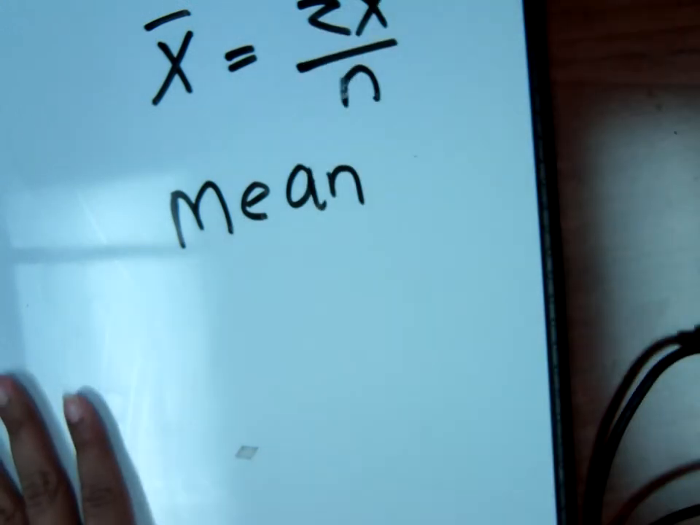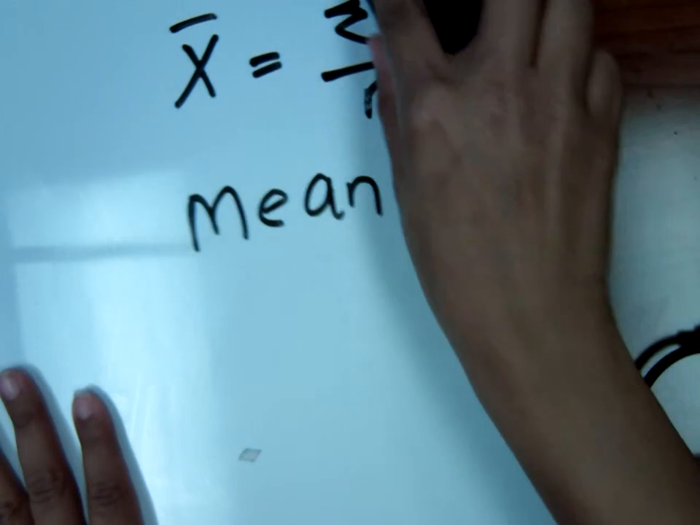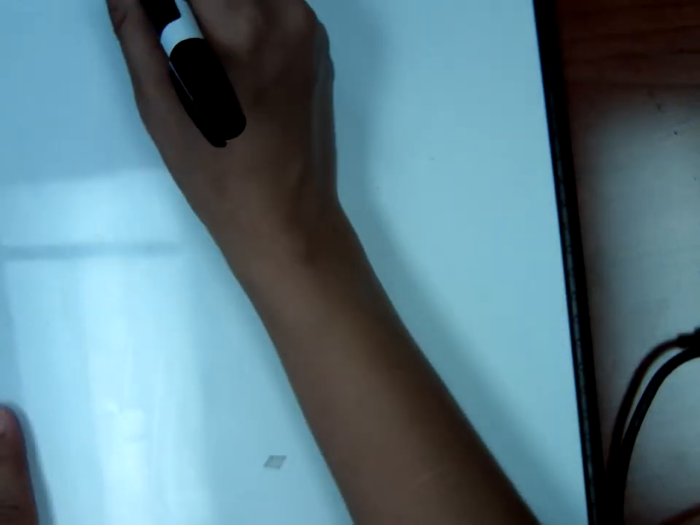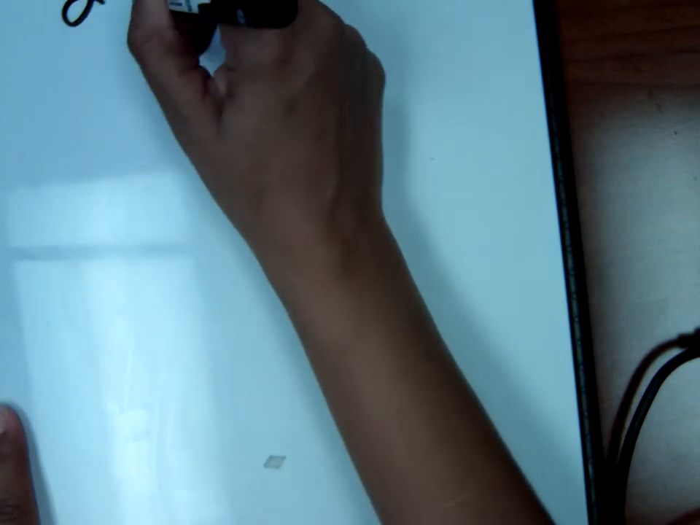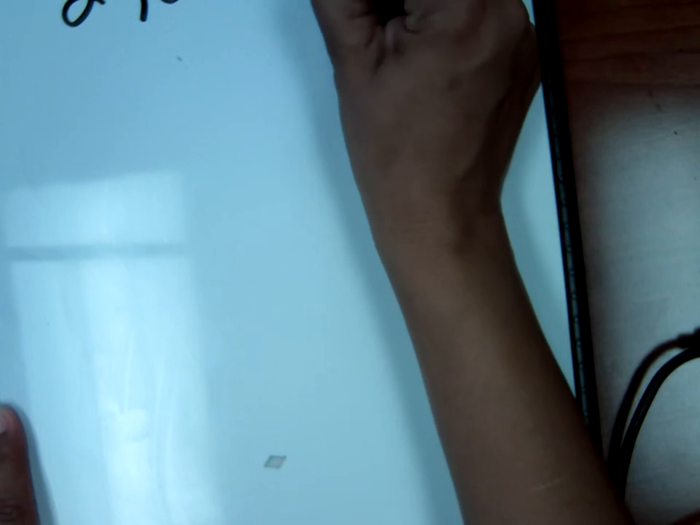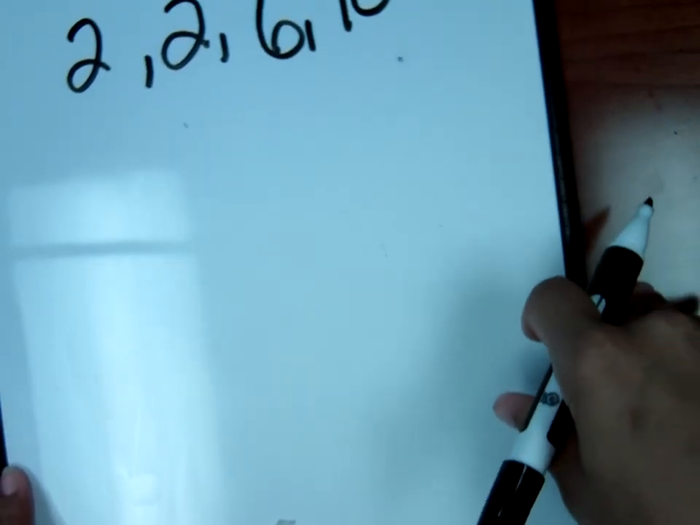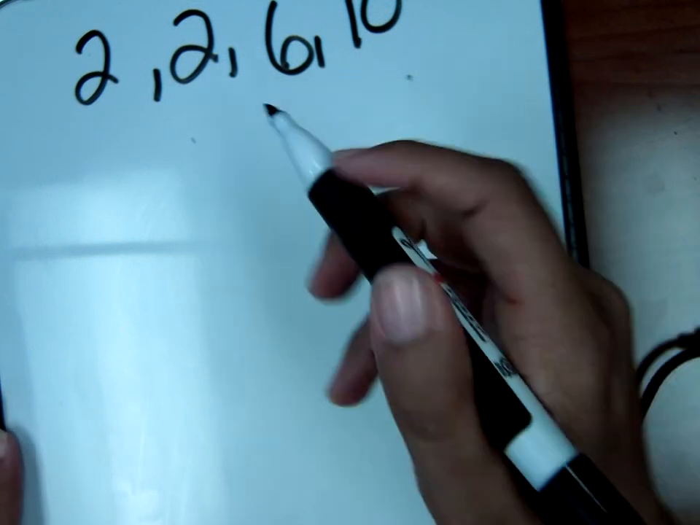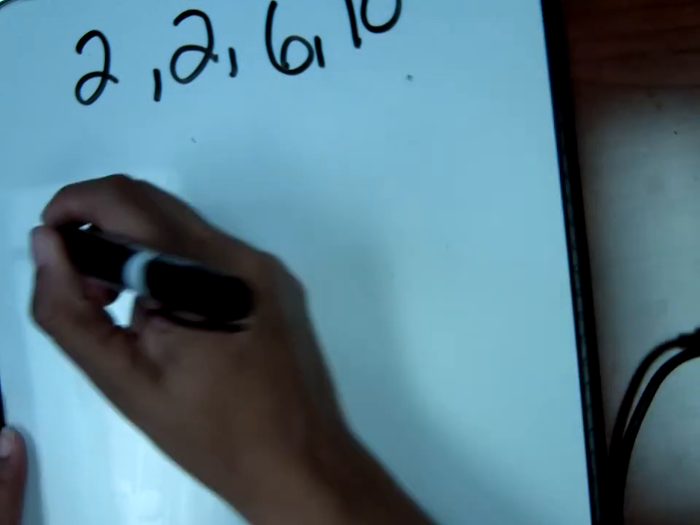And by that, I mean, let's say we have a couple of scores. Let me give you an example. Let's say our n is going to equal 4, which means I'll have 4 numbers in my set. My numbers are 2, 2, 6, and 10. Okay? So this looks fairly easy here. To get the mean, my n is going to be equal to 4,